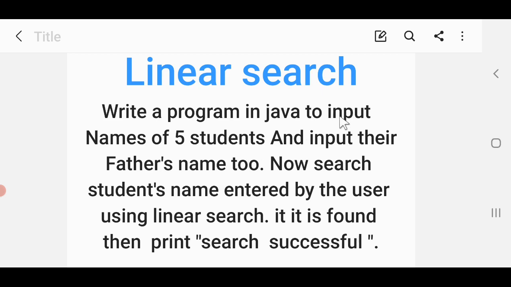We have to input the data to the two arrays, both of type string, size 5, and then enter another name, the student's name, which is to be searched in the given array. If it is found, we print the message search successful. If it is not found, we display that the data is not found.